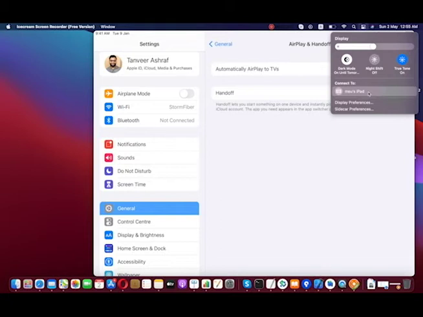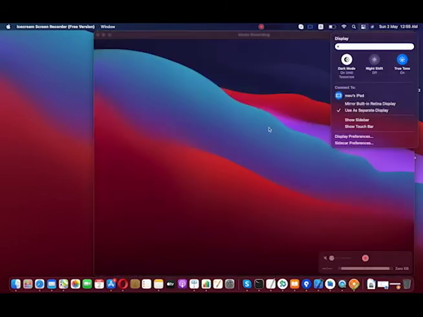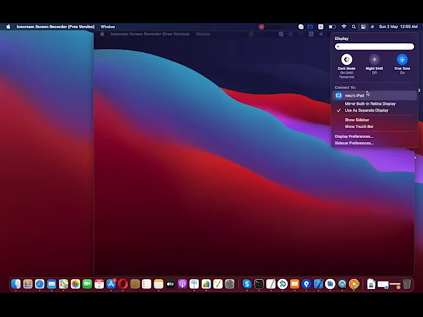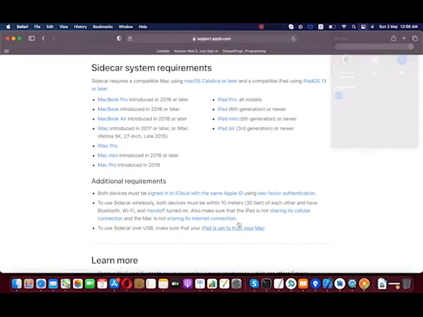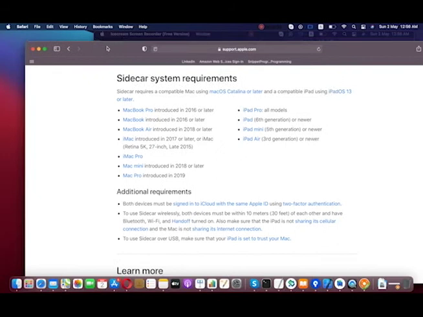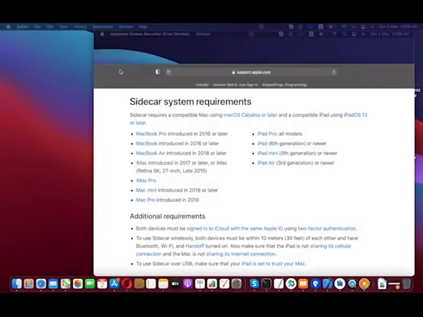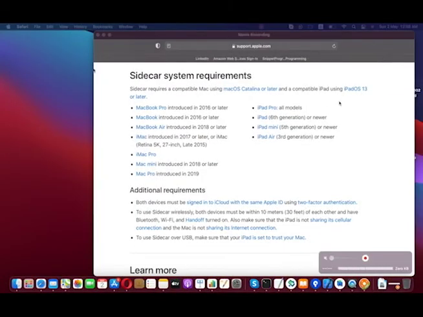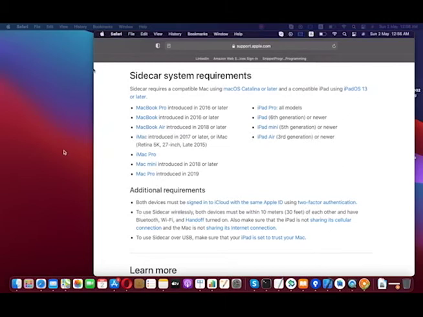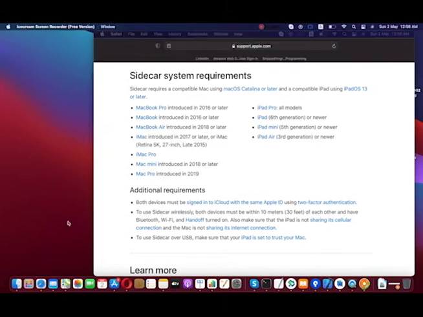So first, if I tap on my iPad, you can see it turned into a screen. So I can move any of my files to this iPad. For example, I will select this and I will move it to the right side of my screen, and you can see it's now present in the iPad. So that's all. You can do multiple things, like you have multiple options here.